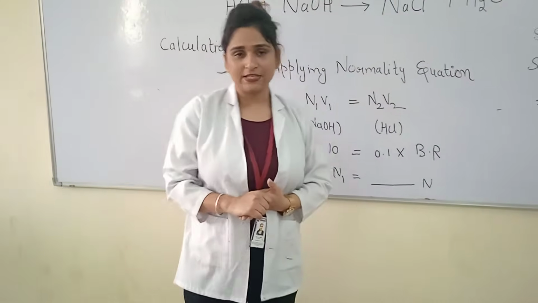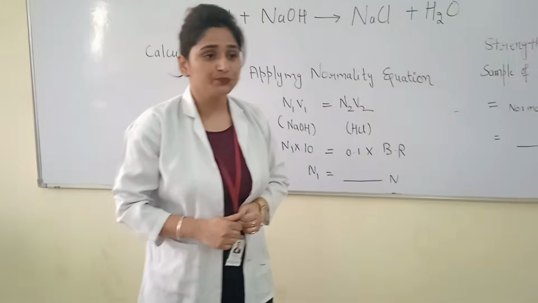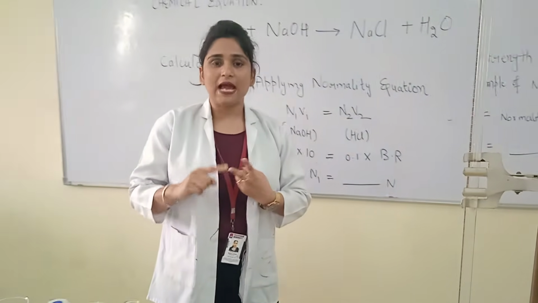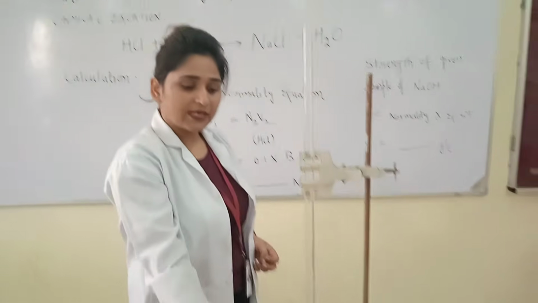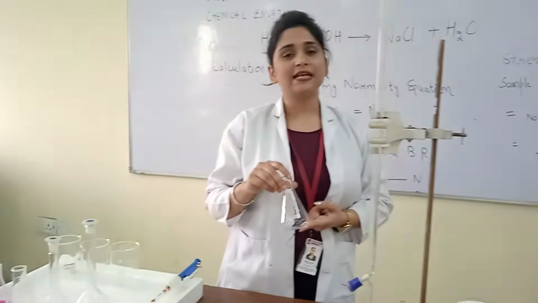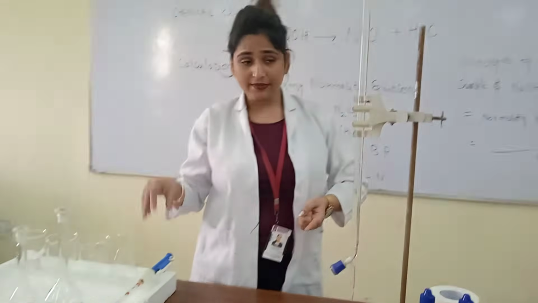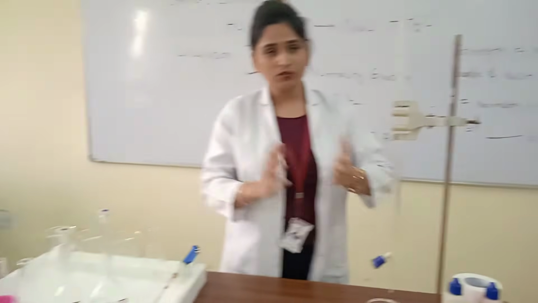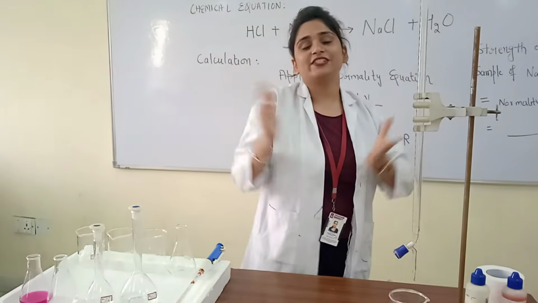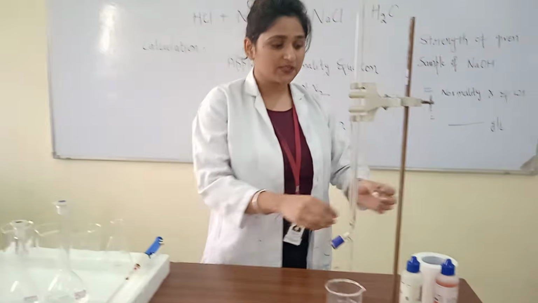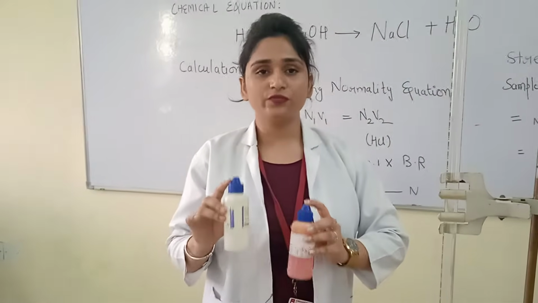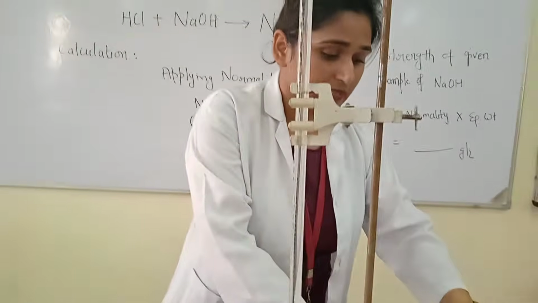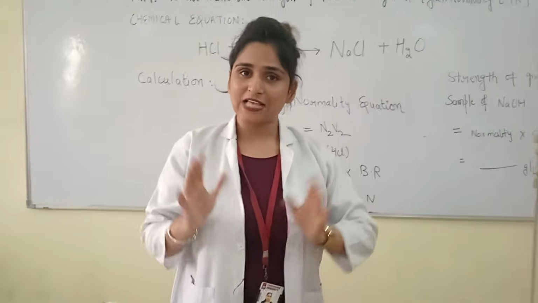For the acid-base titration, there are two things you should know: one is the titrant and the other is the titrate. The titrant is what you take in the burette, and the titrate is what you take in the titration flask. When you react both reactants, you don't know when the reaction is going to be complete. For this we have a set of indicators that let you know the endpoint has been reached.